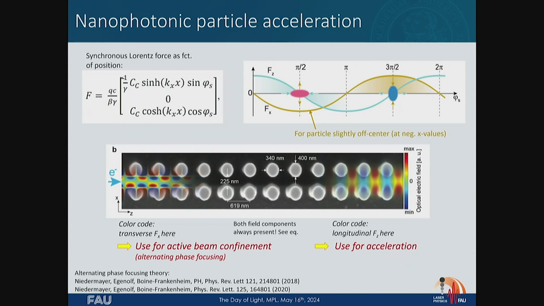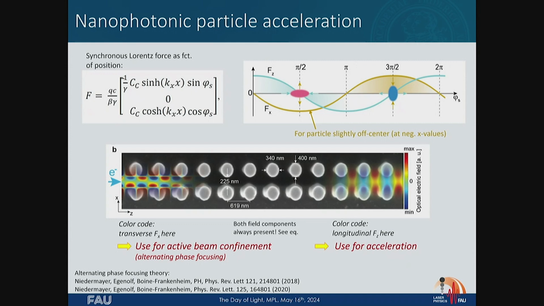This is showing the transverse force acting on a particle, maybe down here. This is the simultaneously acting forward force. And here you see something interesting. Here you want to be on the forward force component somewhere here, because then you get forward acceleration. The particles that come later see a larger force than the ones that come earlier. That's good, that keeps you bunched together. So you want to be here.